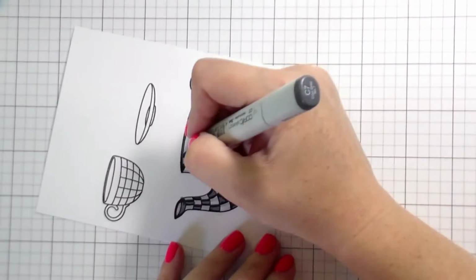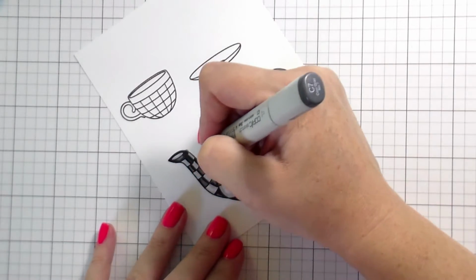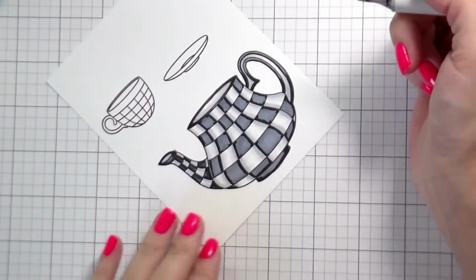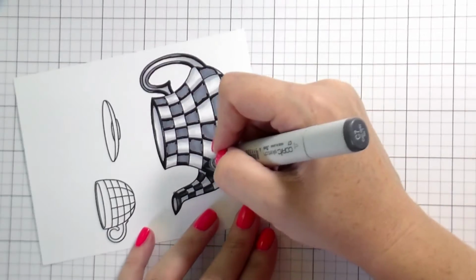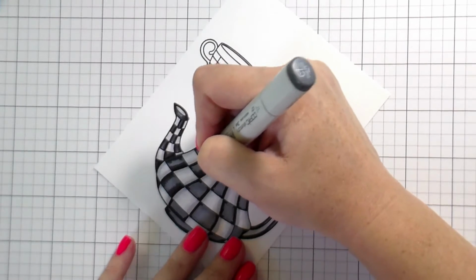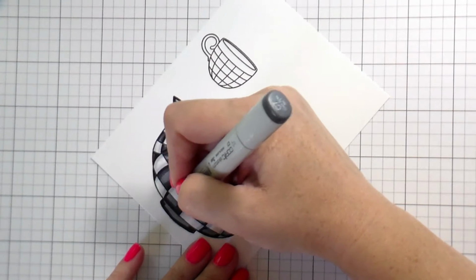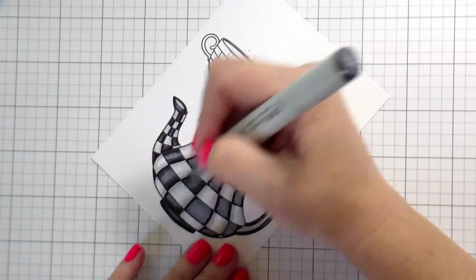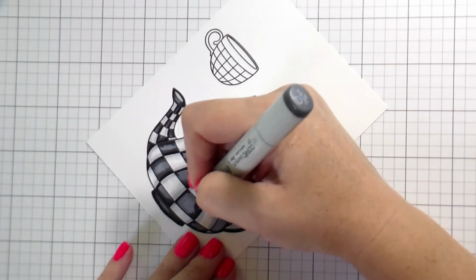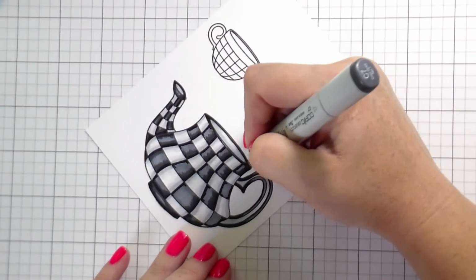You'll see more towards the end how I push the handle and the spout into the background, but for the most part I colored them exactly the same. I did, and you'll see when we get there, I did have to go back in to the bigger squares and add more of the dark gray. I just hadn't gone out far enough and it didn't look right. The top ones, the ones that are smaller, should be a little bit darker than the ones on the wider portion of the teapot, and so I did have to make some adjustments for that. With that said,